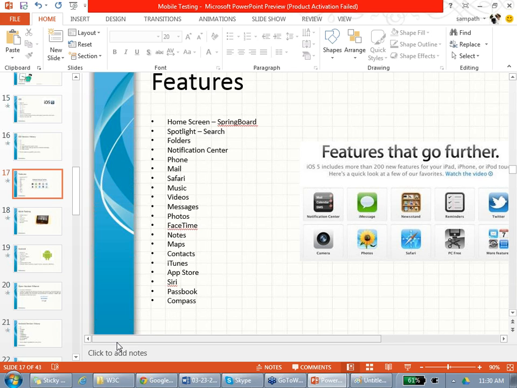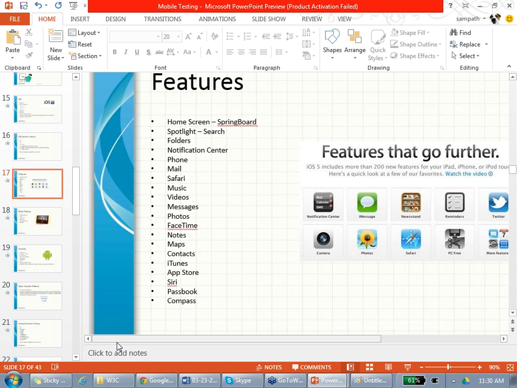If you flick left on the home screen, it goes to a search, right? That is called spotlight search. It will search your mail, your apps, everything. You can have settings for this: what to search, what not to search. So Springboard, spotlight.